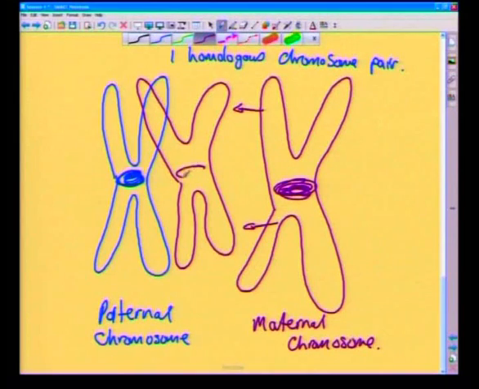So this one now moves. And we end up with the crossing over. So what happens is a piece of the mother's chromosome goes across to the father's chromosome, and a piece of the father's chromosome now goes onto the mother's chromosome. So our result